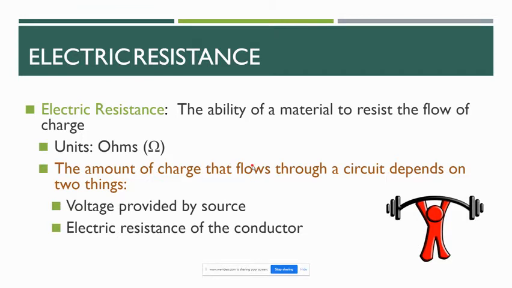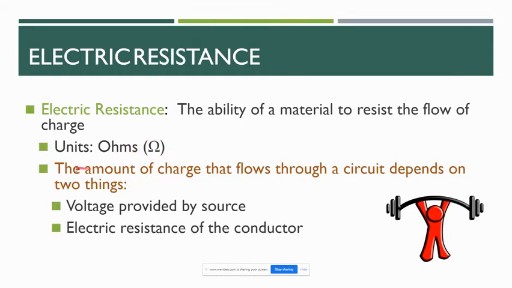Electrical resistance is the ability of the material to resist the flow of electrons. Okay? We think of this as friction. So as something moves across a table surface, there's a force that is resisting that movement. We refer to, again, when we talk about movement, as friction. So if you want to think about it that way, it's the friction of electrons flowing across the conductor. Okay? We measure this in a unit called an ohm, which is sometimes symbolized with the omega symbol from the